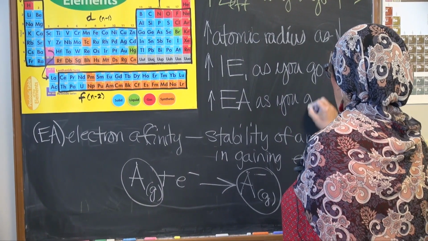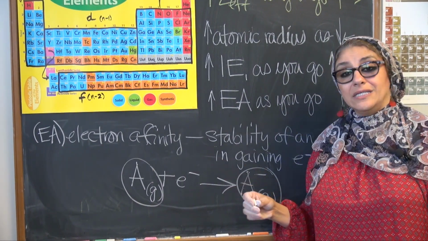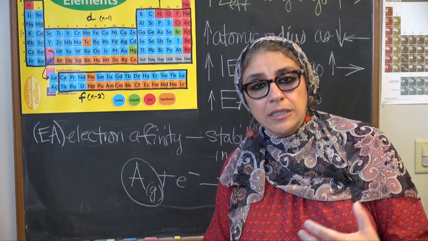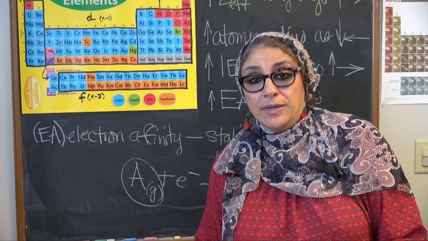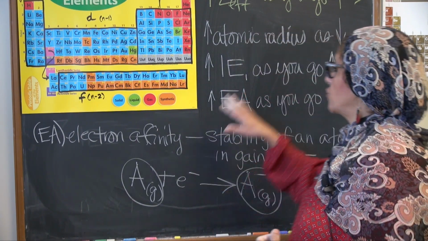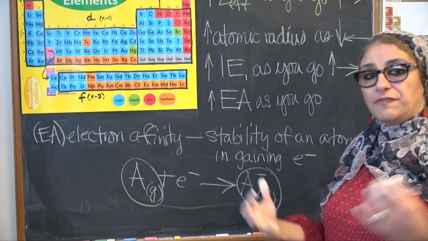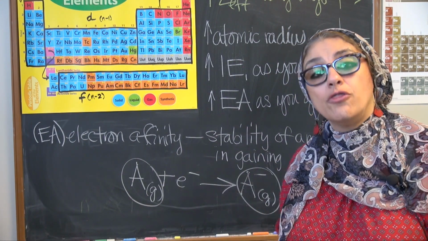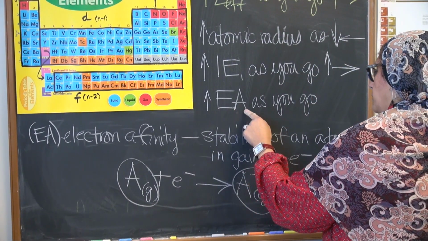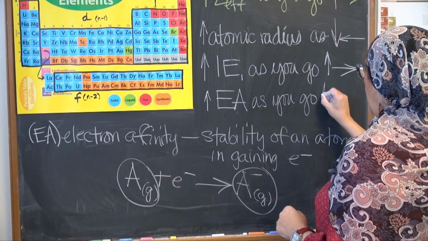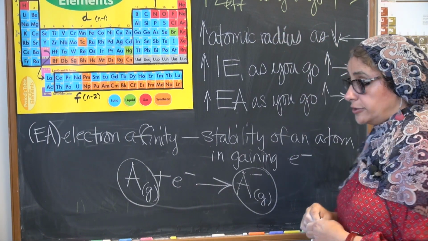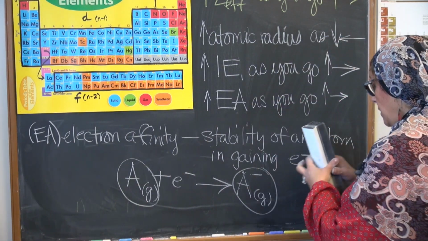Well, let's think about what's happening. If an atom is gaining an electron, what would attract that electron? What would bring it in? What would hold it there? What would make it stay there? The effective nuclear charge. So the stronger the pull from the nucleus that's felt by that additional electron, the more stable it will be. And so electron affinity is going to be the same trend as we had for effective nuclear charge, except think about